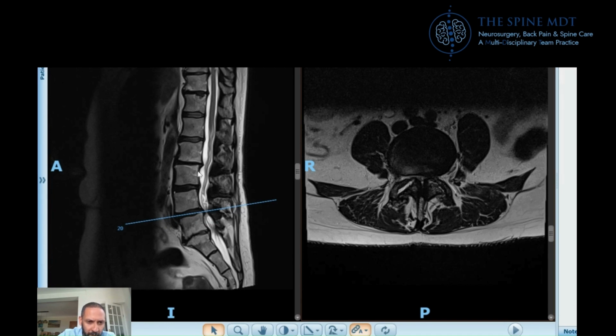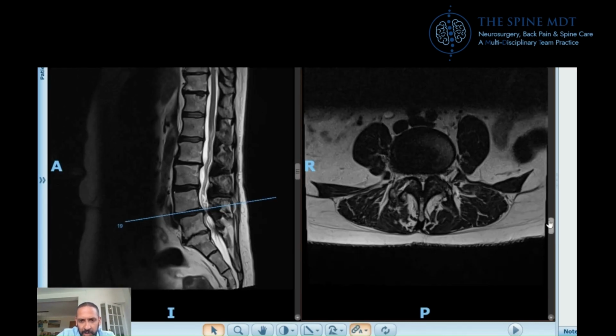You can probably notice or appreciate in this patient, this channel, this white tunnel, suddenly gets very tight here and then widens up again. The name stenosis, or the word stenosis, is a Greek word that means narrowing, and that's exactly what this is. If we look at this picture here,